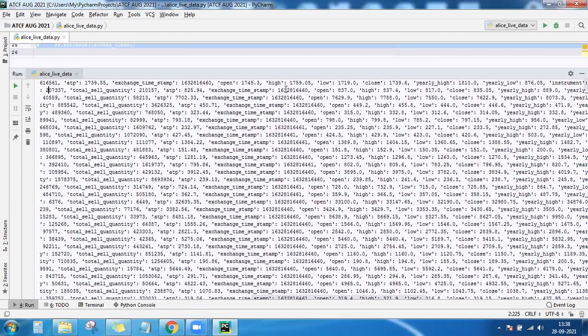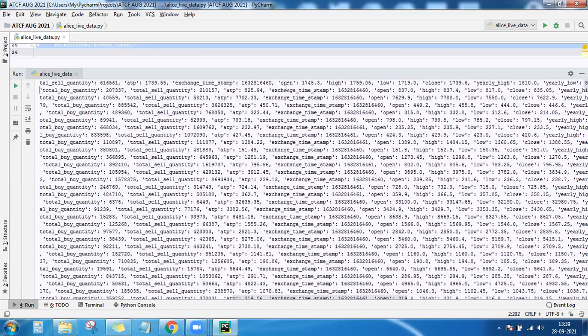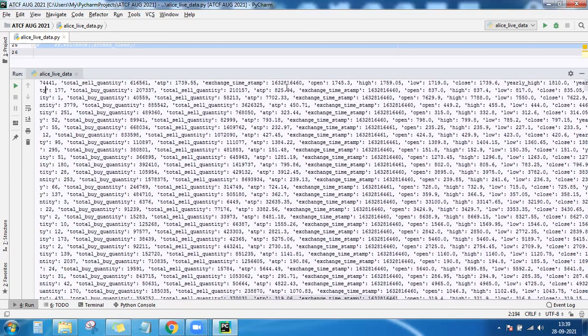Exchange timestamp means when this trade got recorded on the exchange, so that you will get to know if there is any delay between the time at which the transaction happened on the exchange and the time at which the brokerage is giving it to you.